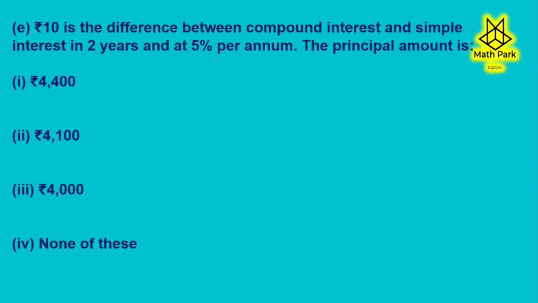Rupees 10 is the difference between compound interest and simple interest in 2 years at 5% per annum. The principal amount is? Now, how do we find the compound interest? Let's use the formula here. So we have compound interest is